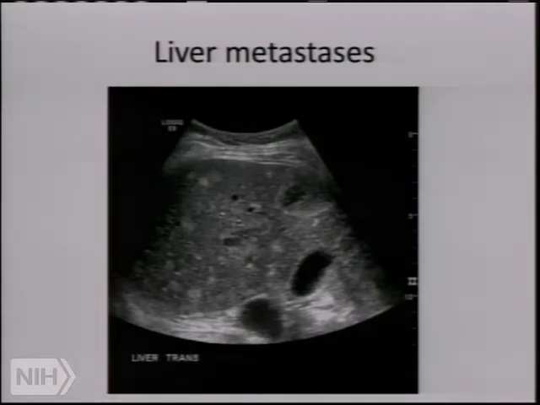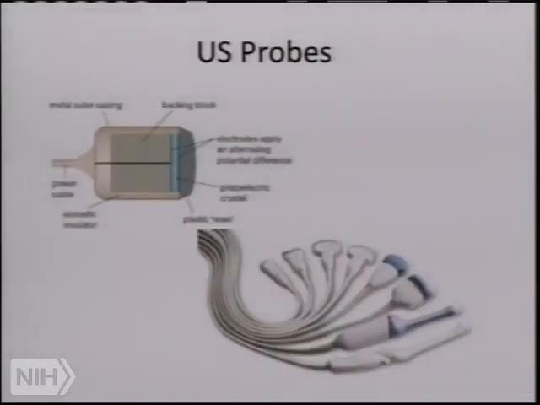I hope you can appreciate on this ultrasound with liver metastases, these very subtle little areas of increased echogenicity. They're just very subtly different than the normal liver parenchyma, but you can really see a lot of them. And that's strictly because the speed of sound through a metastasis is slightly different than the speed of sound in normal liver. And the machine can pick up that slight difference as an increased area of echogenicity. And that's how the ultrasound works.